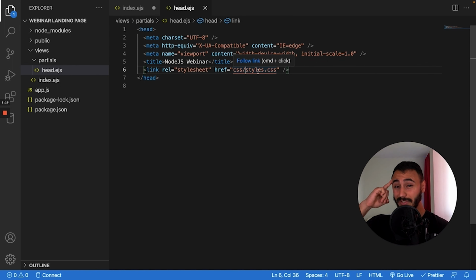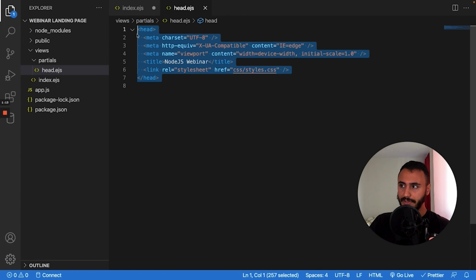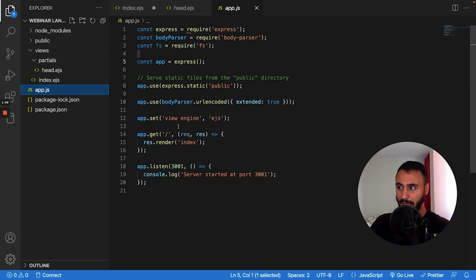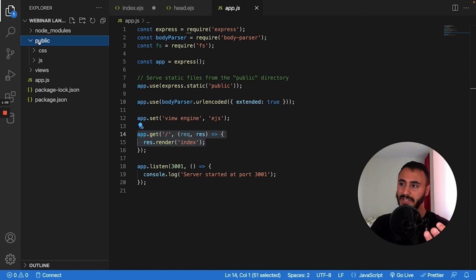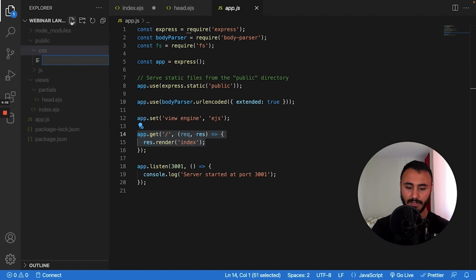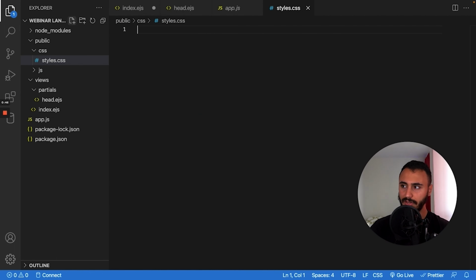Now you need to keep in mind that this file here, which is gonna be rendered from the app.js, as you see, after rendering it, it will be in the public. That means you want to grab the CSS from the public folder. So that's why I'm gonna add the styles.css file here and put some very simple stuff in it, which are